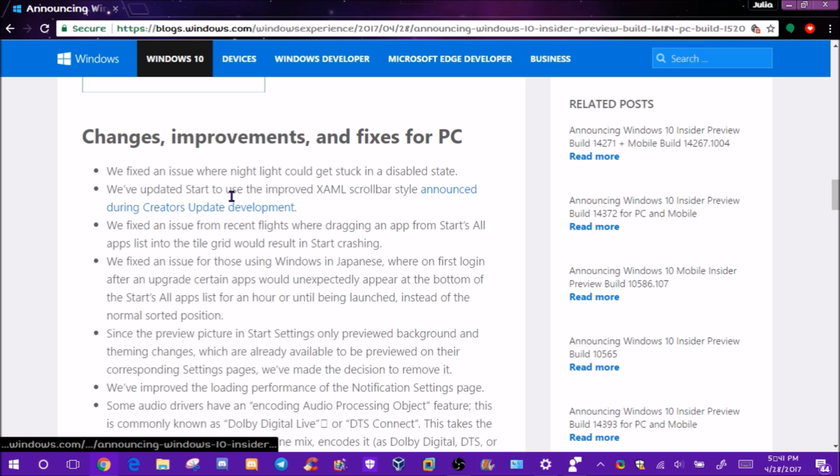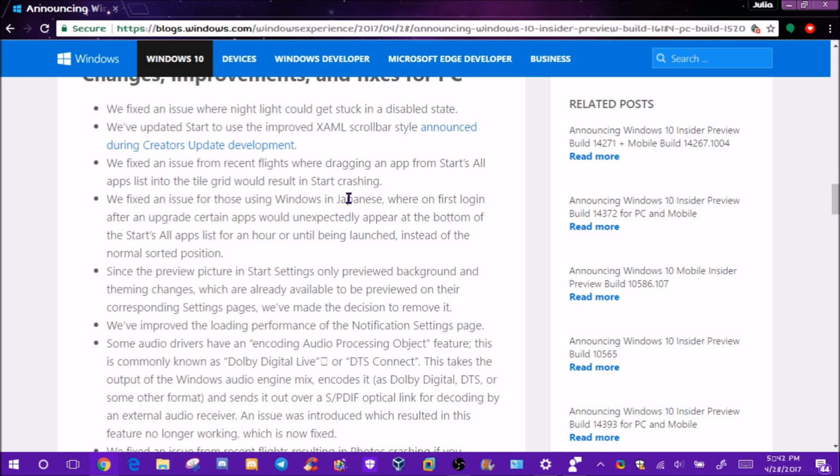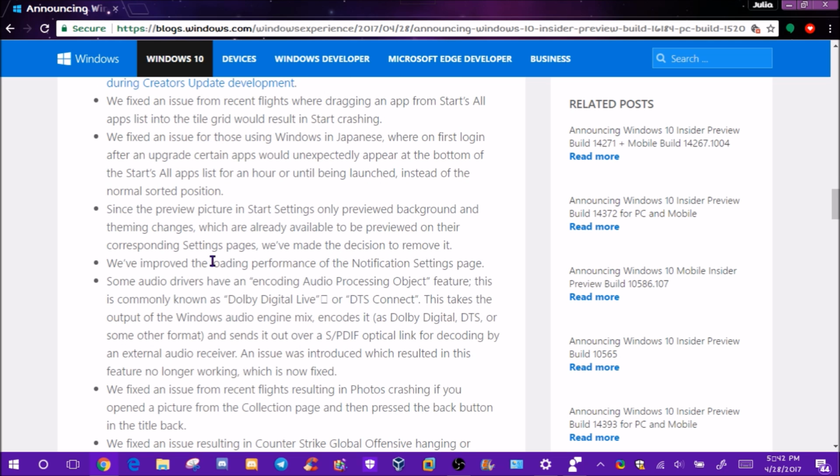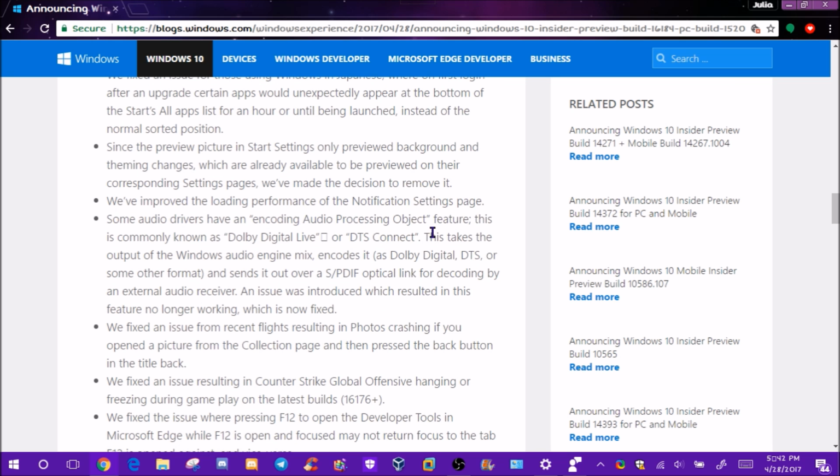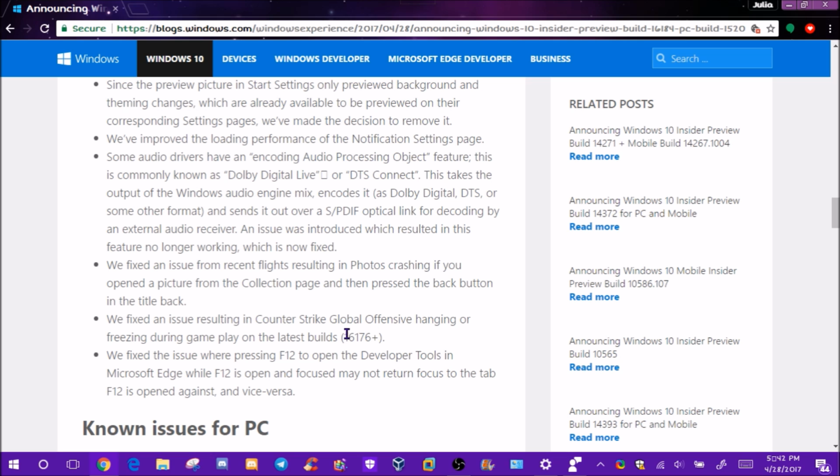They updated the Start with the improved XAML scroll bar style announced during Creators Update development. We fixed an issue from recent flights where dragging an app from Start's all apps list into the tile grid would result in Start crashing. I don't think I've had that. Fix an issue for those using Windows in Japanese, where certain apps unexpectedly appear at the bottom of the all apps list. I don't use Japanese. And then you could just read this stuff about notification settings and audio drivers, issues with